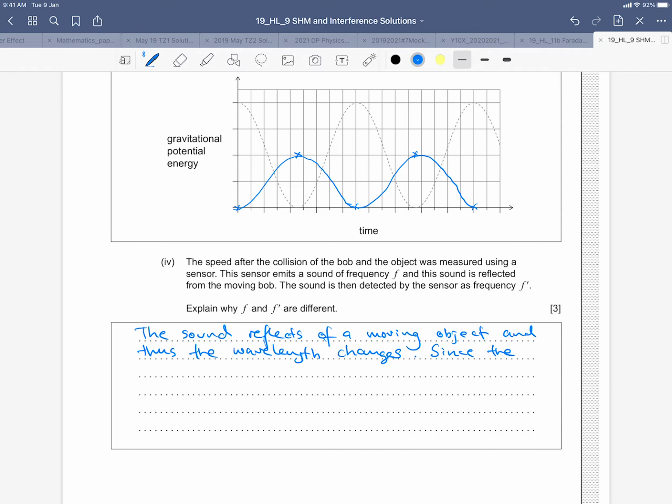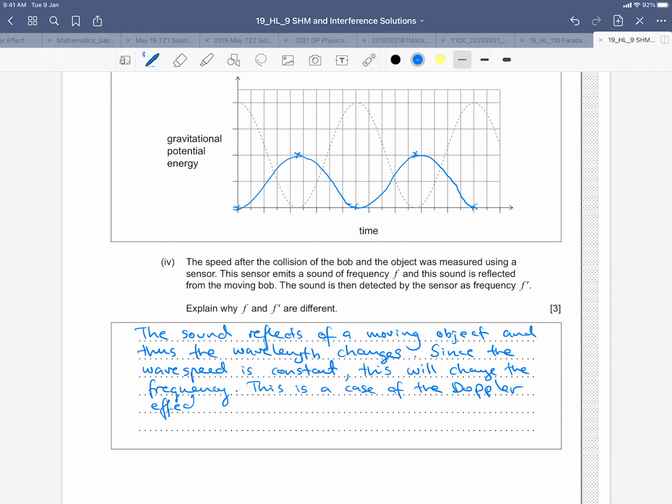Since the wave speed is constant, only depends on the medium, this will change the frequency. This is a case of the Doppler effect. Okay, don't forget to name drop Doppler,